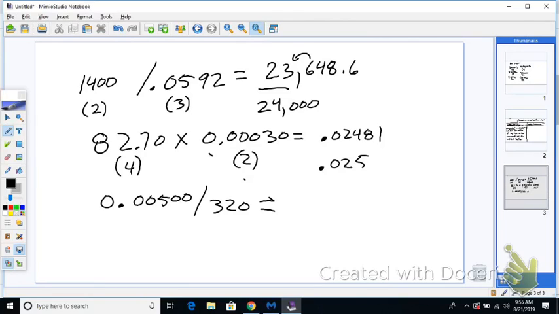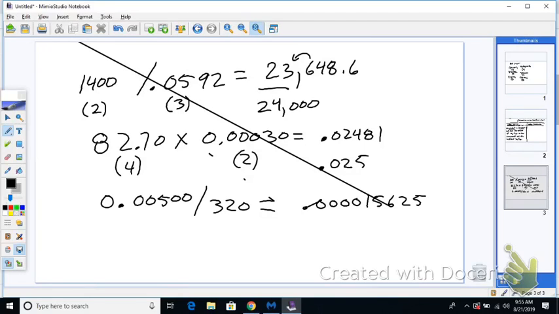That is it. Okay? And the next one, we're going to start using scientific notation. I'm going to introduce it on this one. A lot of times when we get numbers where we have a lot of zeros in front of or behind the decimal, we won't want to do it that way. Okay? So on that one,